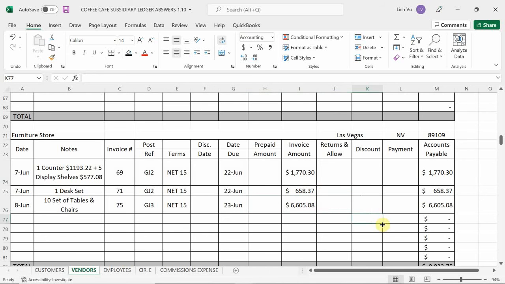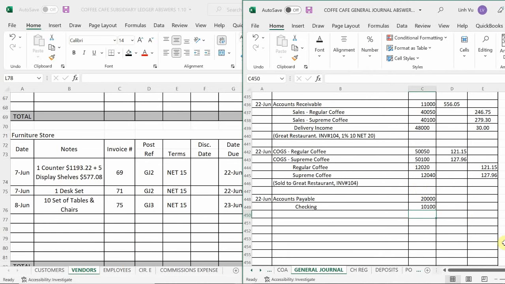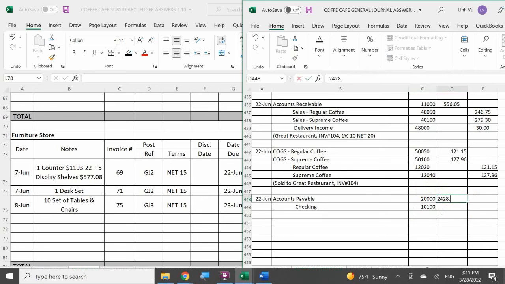$2,428.67. Okay, let's see. Payment: $2,428.67. Okay. Now that I know how much I am going to pay for invoice 69 and 71,